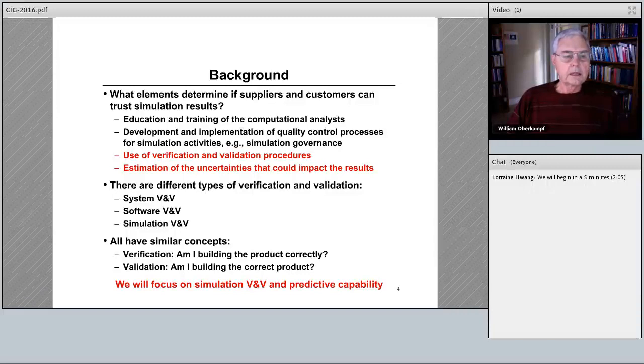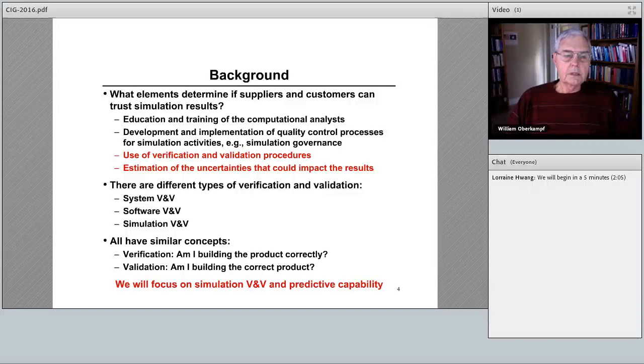And then there's another field, which is broadly based, software V&V. And that has a long tradition, but it has a different emphasis. And what we were going to be specifically referring to is simulation V&V. So when you talk with other people, you have to understand what they mean by these terms V&V. And for this community, you'll run across computational scientists or computer scientists that will use the term. What they mean by V&V is really software V&V. But we're talking about the emphasis on simulation.